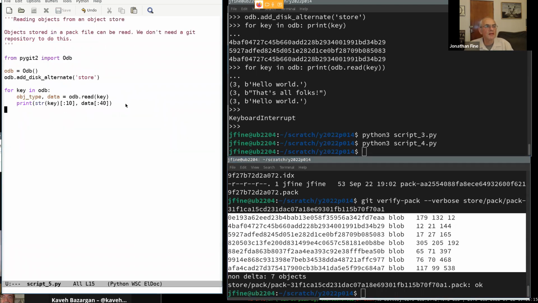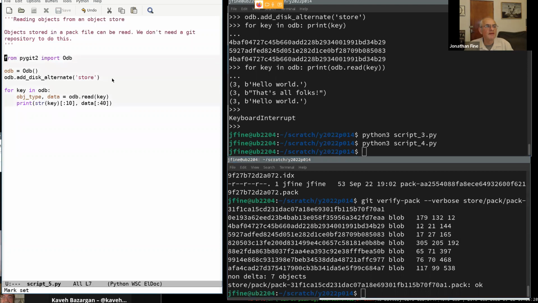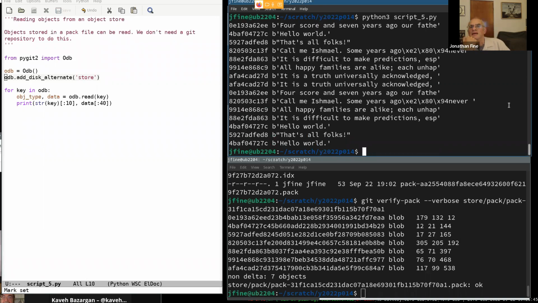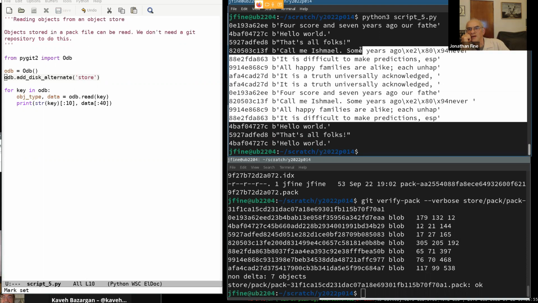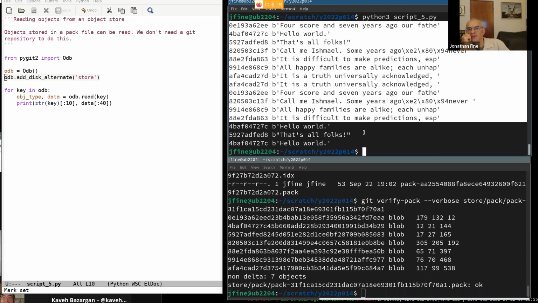So now what we're going to do is read everything in the store. So this is like the big backing store that's got all the stuff we want in it. And we're just going to read the data and write down the key in the first part of the data. So this is script 5. And there are a few repetitions here. Sorry, I'm going to go back to that one as well in a moment. There's a few repetitions here,